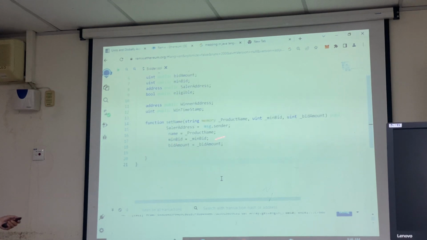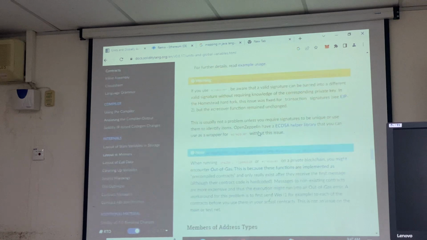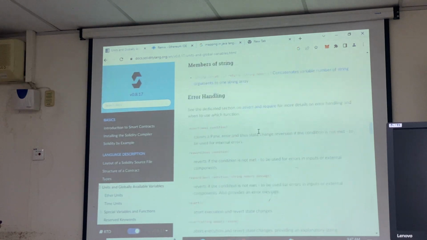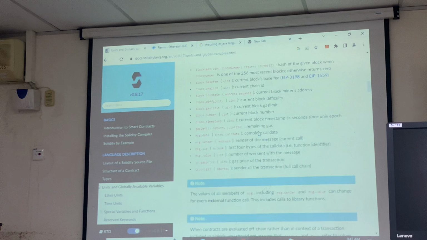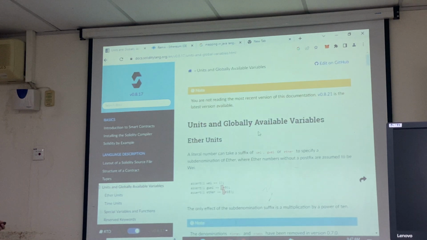So over here, I will set what I have been mentioning on the whiteboard: address, the product name, the minimum bid, and also the bid amount that you're starting with. Okay? So next thing, remember over here, you are passing the data in. Just now you learned about the global variable here, wei, Gwei, and also